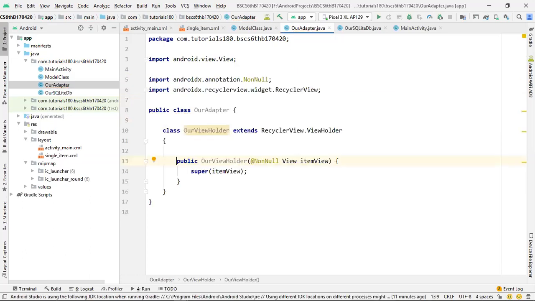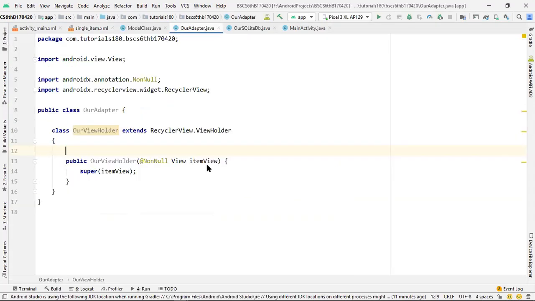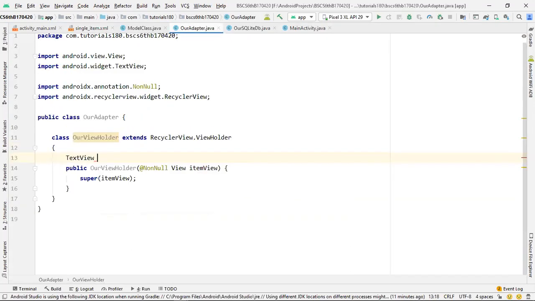As you know, inside our single row we have two texts that we need to change at one time. So inside this I'm going to create two text views: the first one is for the name text view, and the second one is for the email text view.